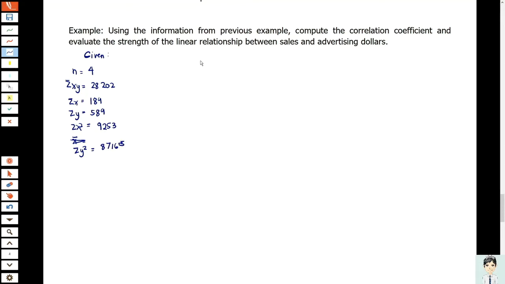So yung formula natin is R is equal to number of periods, which is 4, multiplied by summation ng xy, 28,202, diba? Minus summation ng x multiplied by the summation ng y. So 189 times 589. Okay po. Divided by